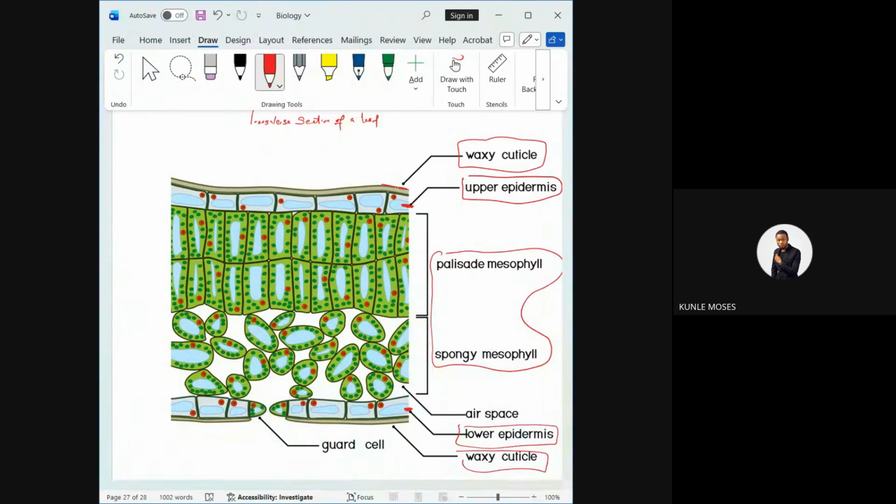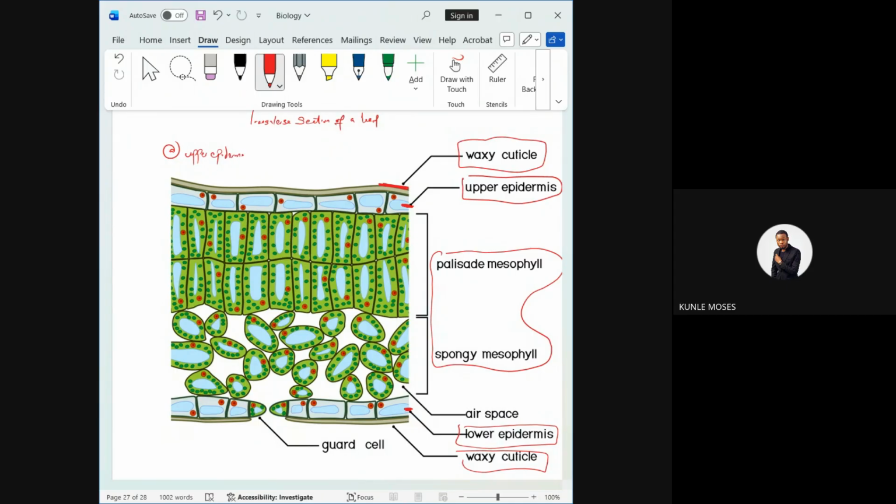It looks like a covering. That's the first thing you see. The second thing you see is your upper epidermis. Sometimes the reason why I'm saying this again is that in your exam, they know that people think the most exterior part is the epidermis. They will point the arrow to the lower part, and it's the epidermis, and people will pick upper epidermis. In case you see in your options upper epidermis, lower epidermis, you should pay attention to